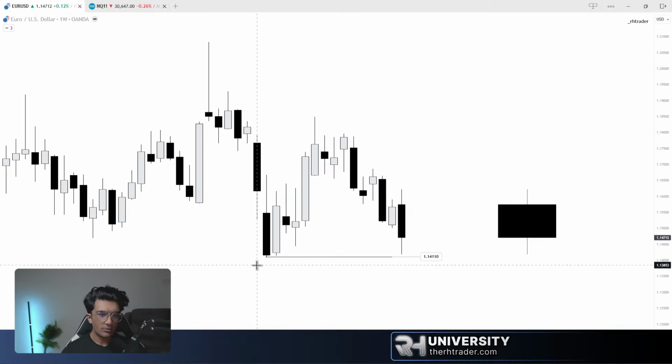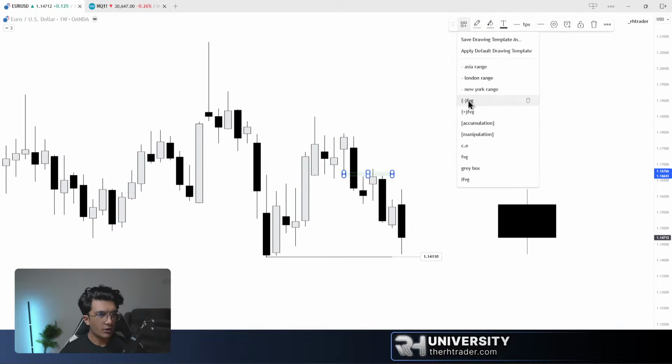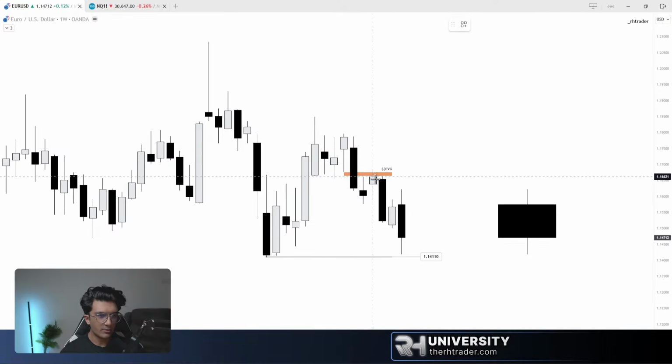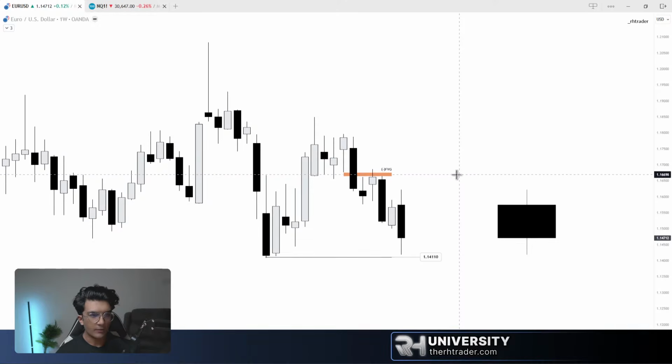But in my opinion, I do believe we'll take out these lows, and the exact same thing has occurred here, right? We have a weekly bearish fair value gap. Price tapped into it, expanded. Once again, we don't have a gap here, but we do have that on dollar index, right? So this is one of those concepts which I'd like to get into today, where you will not really be able to spot those clear fair value gaps all the time, right? So what do you do? You check its correlated pair.